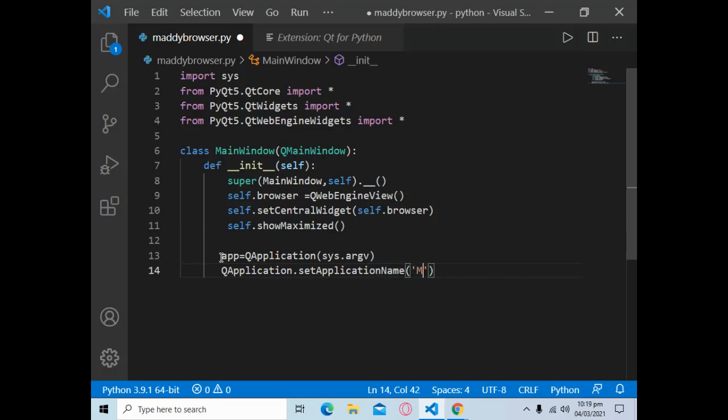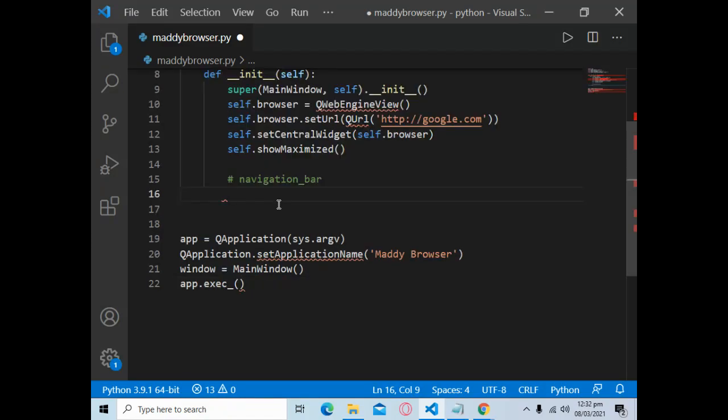I want to give my app name Maddie Browser, so you can choose anything you want. Simply write window, basically window is your main window, and make parentheses. Then last thing, write code for executing your application: app.exec_, then make parentheses.